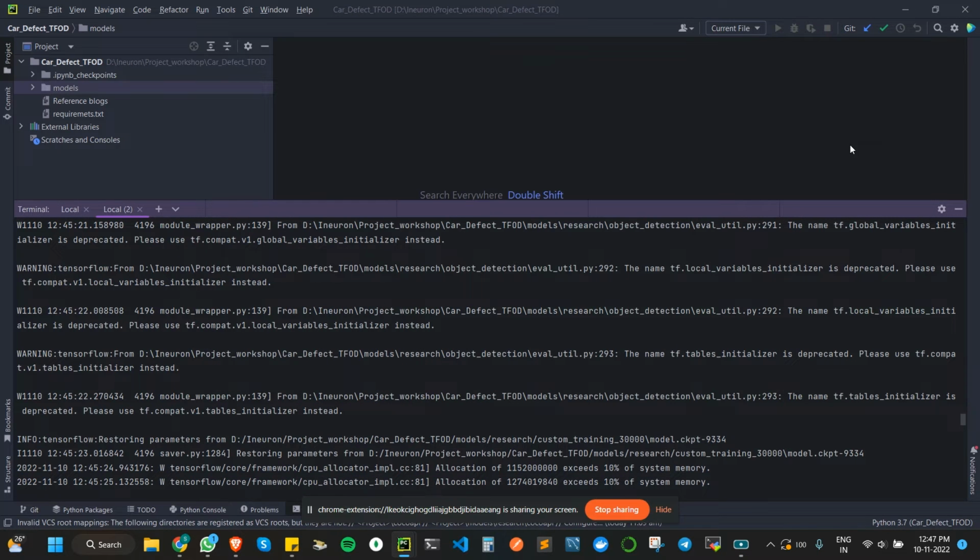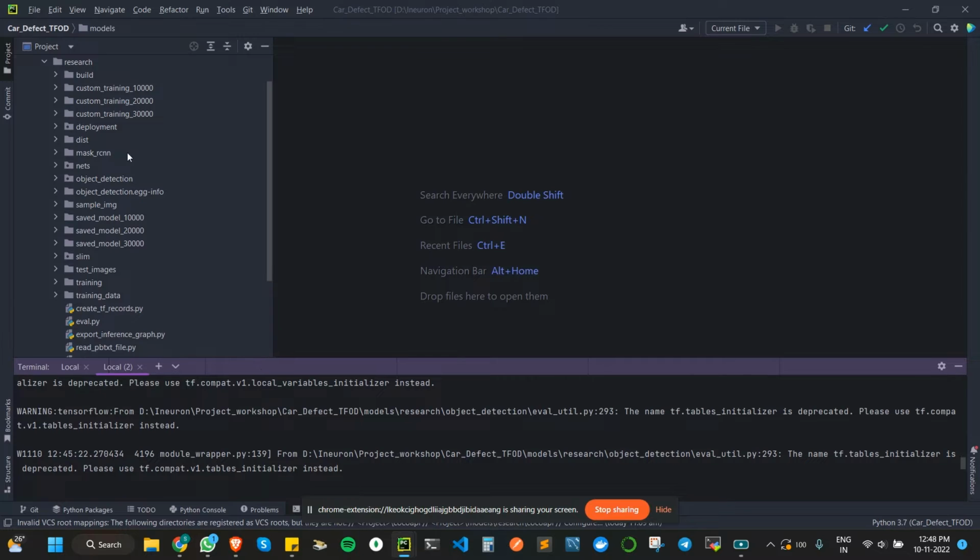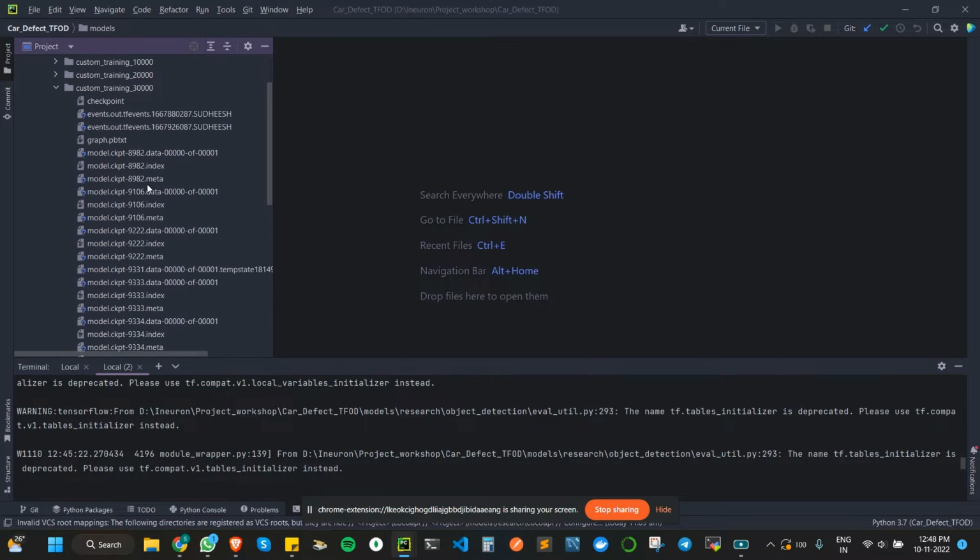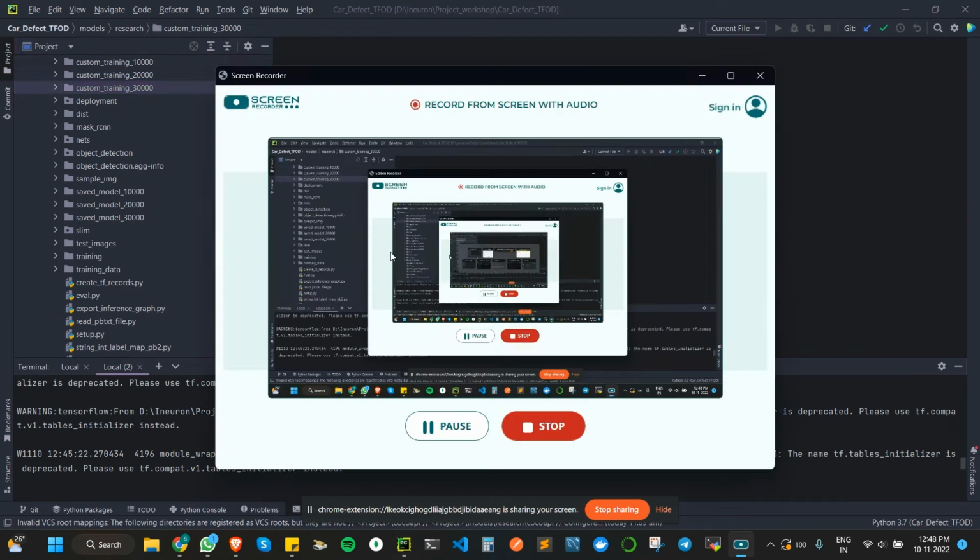Hi, so let's understand how we can evaluate a Mask R-CNN which I have developed in TFOD 1. By default, if you train the model, you can see the logs, events, that TFOD 1 creates. These logs don't contain